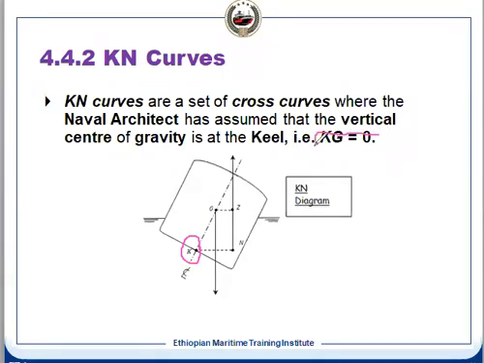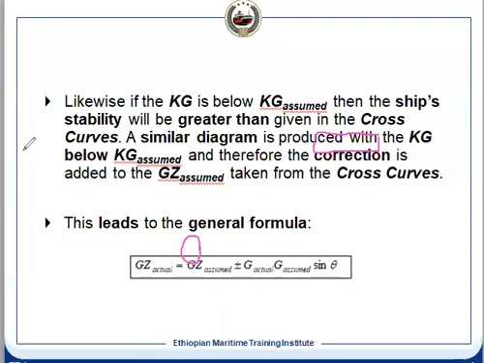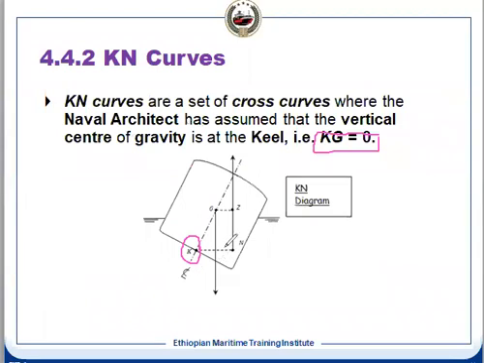Why do we take this? In this condition, tell me which sign will be here. We want to avoid one sign. We don't want two signs, so that every time there will be only one sign. In that case, which one will be the sign? Tell me. Is my question clear? We considered KG was 6 meters before. Now we are considering KG is 0, always, when you construct the KN curve.